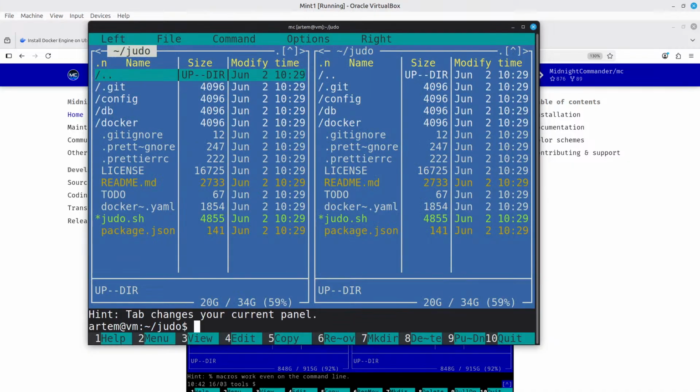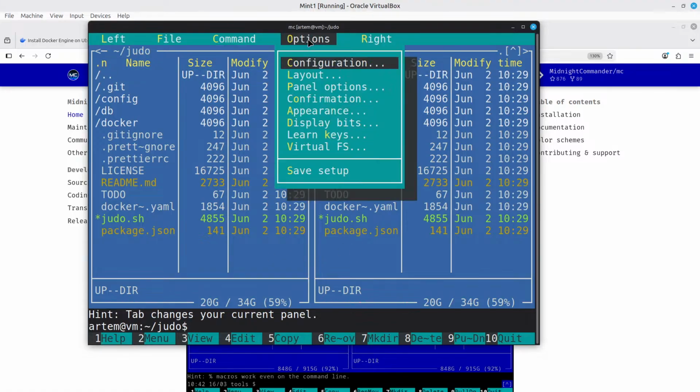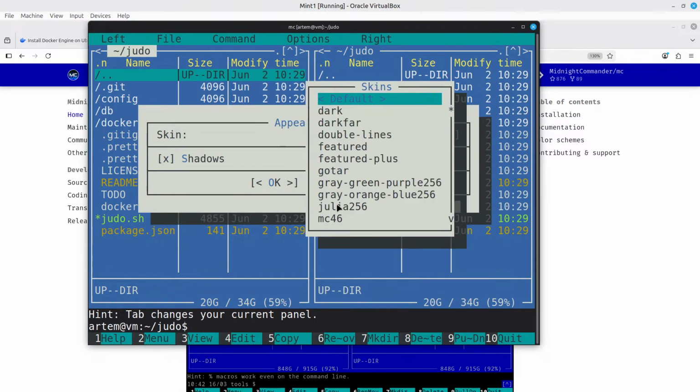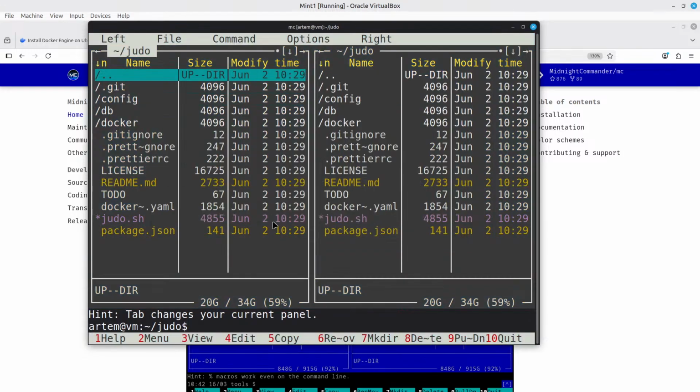All right. So the default theme is obviously horrific, but we can change it in the options and appearance. I prefer to use Julia 256 one. Alright, seems nice. And now we basically have the Judo